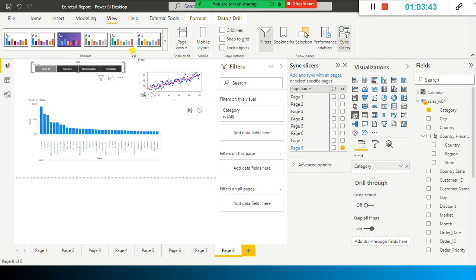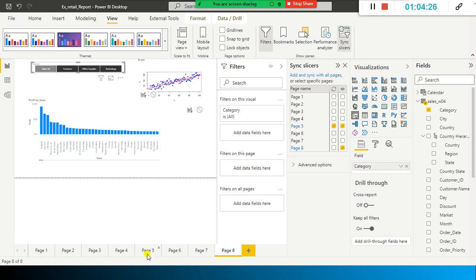Look here, I don't want to copy paste this in all the pages. Instead, go to the 5th page and enable the eye icon also here. This enables the slicer on that page. But if I don't select this, it applies this filter on the 5th page but doesn't display the slicer; visually it should not appear. If I select office supplies or technology on this page, the same values' data should automatically be filtered in the page 5 visuals. But I want this slicer to be part of my 5th page too.